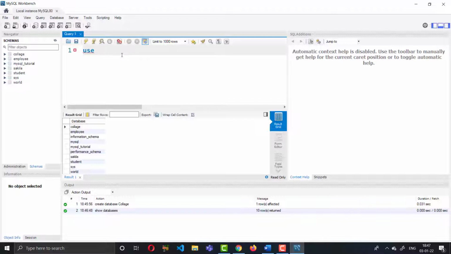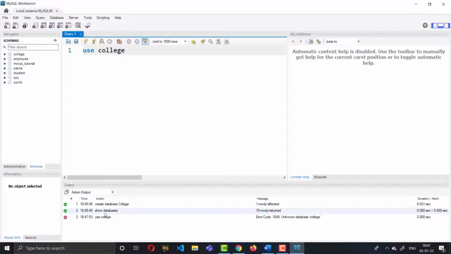So use, and just give the name of the database. The name of the database is college. Click here. Now you have switched to the college database. You have selected the college database, so all the tables will be created in the college database. Okay, so let's move on.